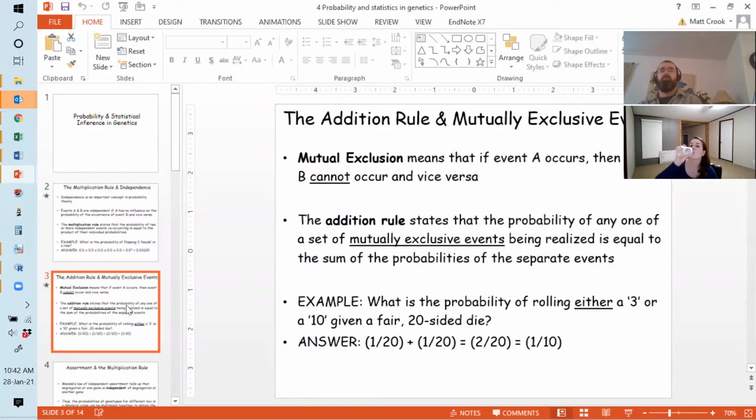So mutually exclusive events are important in figuring out that kind of order deal, right? And that basically means that if you have one event occur, you cannot have another event occur, right? So if these occur multiple times, or